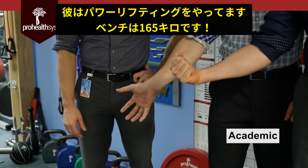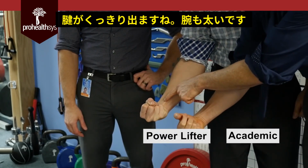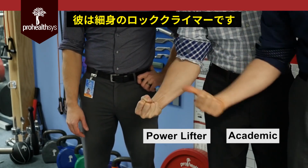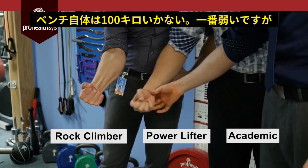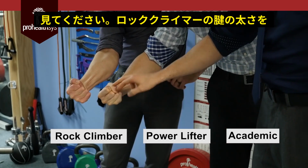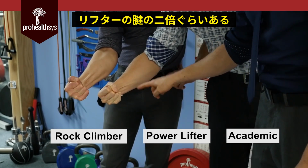We'll get our power lifter to come in here a little bit and show us his forearm. And if you look there, you can see fairly good definition on his tendons as well. A lot more muscle mass definitely there. And then if we get our rock climber, now you're going to see a big difference right there. So Tanner will go ahead and give us that. And let's even just look at the size, and we'll get you two guys together because that's our real comparison right here. Look at the thickness of these two tendons. If you look at the rock climber's tendons, they are literally twice as thick as our power lifter's tendons, all